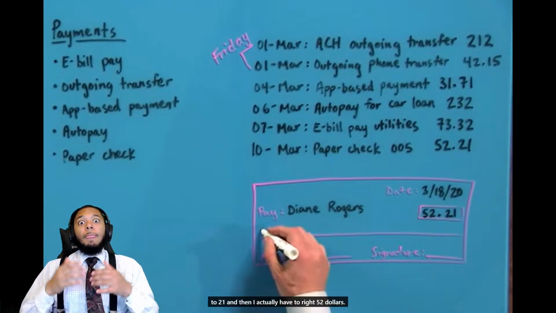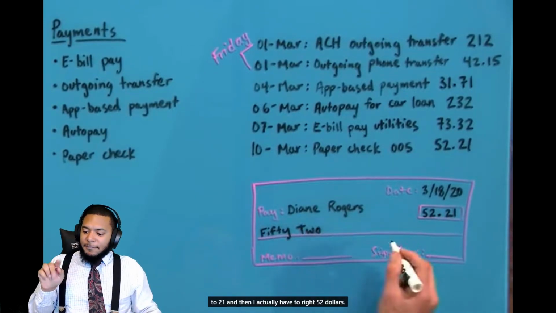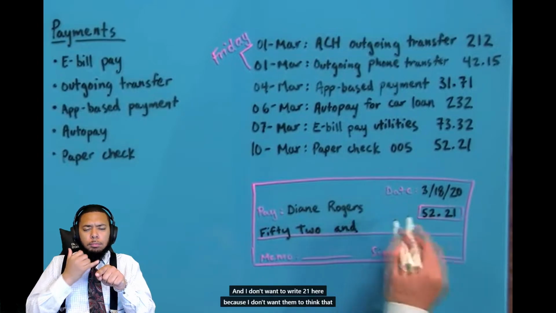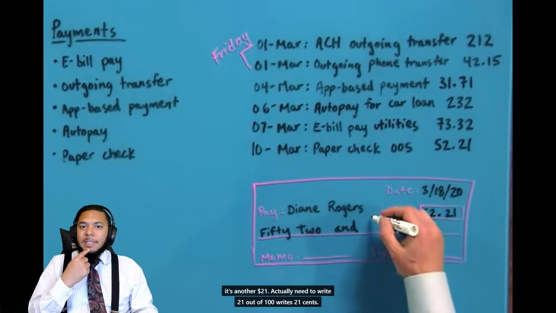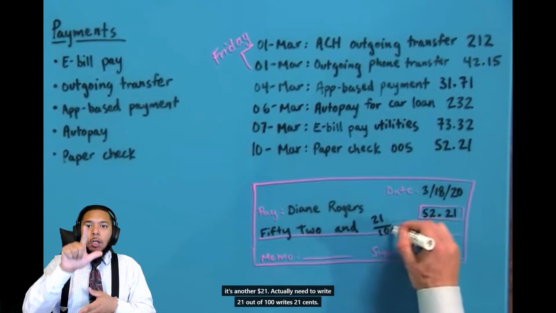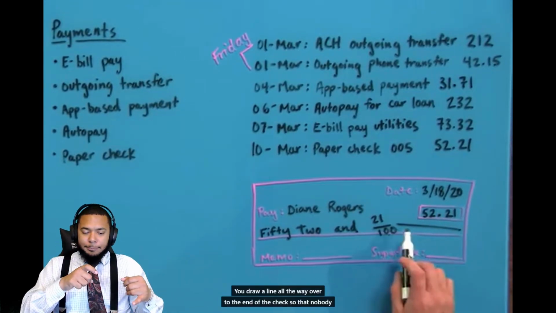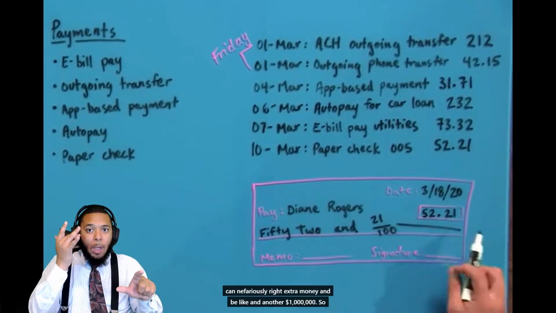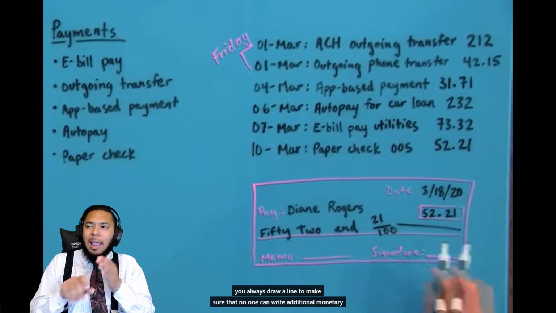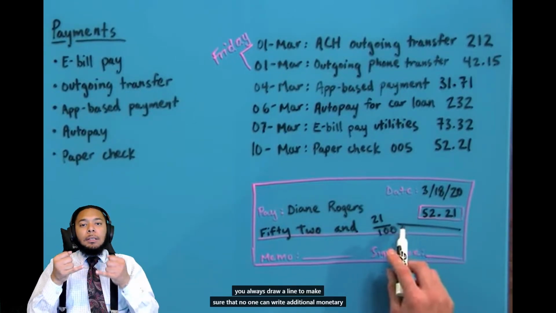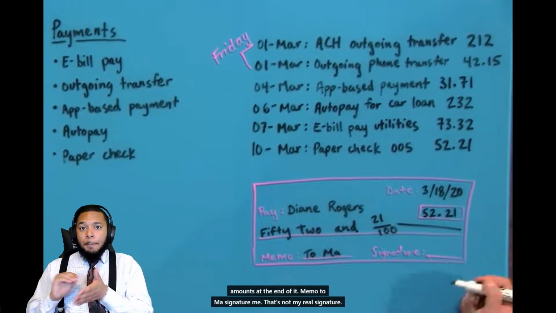And then I actually have to write $52, right? And I don't want to write 21 here because I don't want them to think that it's another $21. So you actually need to write 21 out of 100, right? It's 21 cents. You draw a line all the way over to the end of the check so that nobody can nefariously write extra money and be like, and another $1 million. So you always draw a line to make sure that no one can write additional monetary amounts at the end of it. Memo to Ma. Signature,